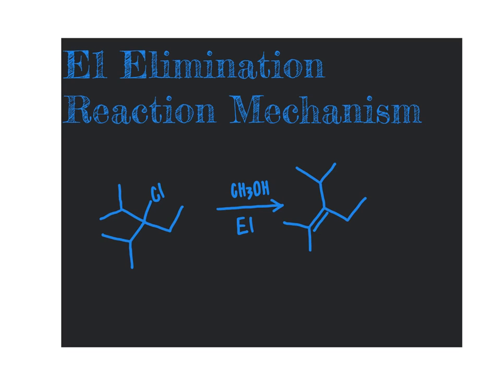In this segment, we're going to explore the E1 elimination reaction mechanism. In the E1 reaction mechanism, remember that the rate limiting step, the slowest step of the mechanism, is unimolecular. That's why we put the 1 in there. The rate limiting unimolecular step is the first step of the mechanism where the leaving group leaves to form a